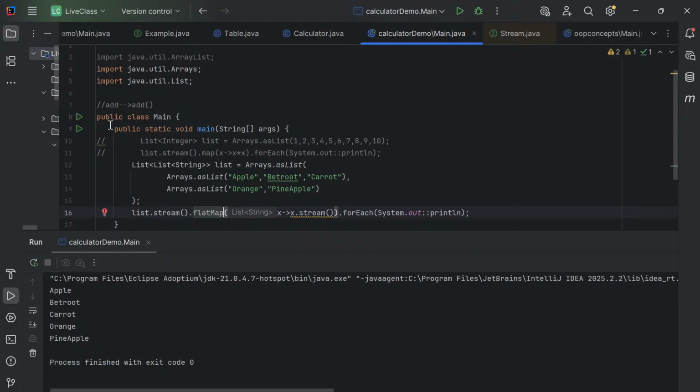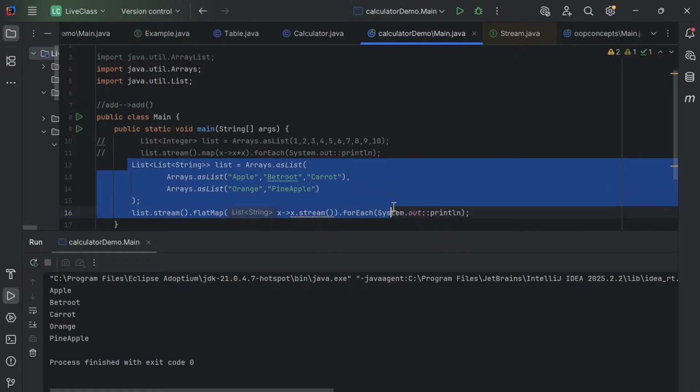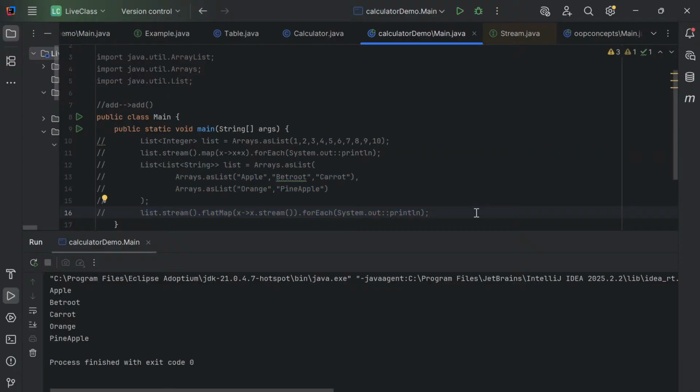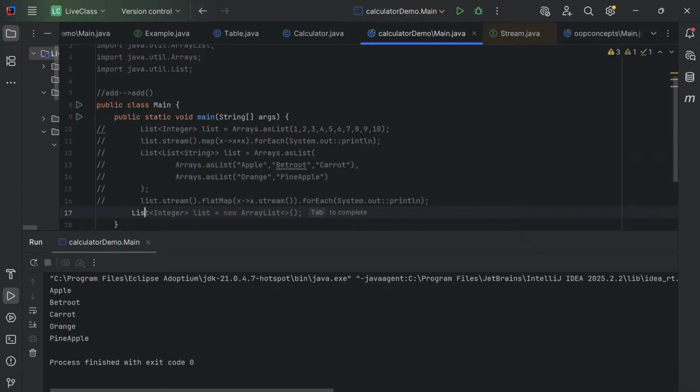In the scenarios where we use flat map, in the sense of list of lists, we will use flat map, and for nested data after that, we will use something called splitting of strings. Why are we using it for splitting of strings? As already mentioned, for list of lists and nested data, we use flat map. List of string